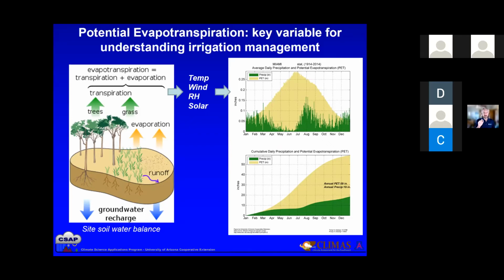And so we can take that and think of that in terms of a depth of water, a potential evapotranspiration each day, and add it cumulatively, which is that bottom graph. So that bottom graph right there, the potential evapotranspiration for this site. Annual average potential evapotranspiration is about 59 inches of water of depth, and the annual precip is about 19 inches, right? So climatologically, this is an arid site, but we have resources where we can track this on a daily